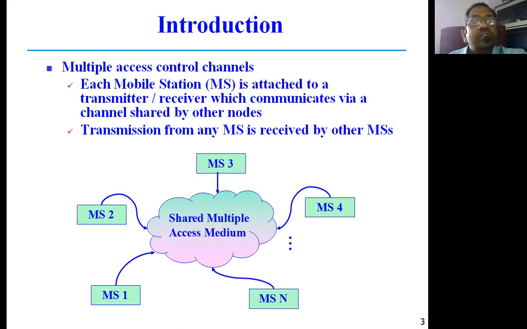Well, now first of all, let us go with the multiple access control channels. What is the scenario we have? The scenario is the same as the data communication scenario. These are the mobile stations: mobile station 1, 2, 3, 4, and so on up to n mobile stations. All these mobile stations are connected to the base station by using a shared multiple access medium. The medium is only a single medium, used by these multiple users to share a base station.